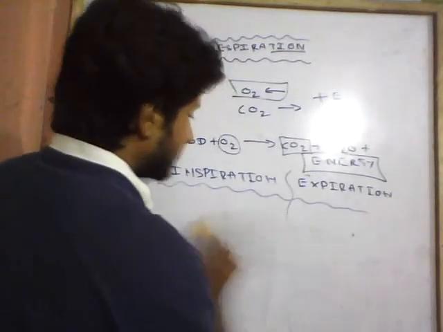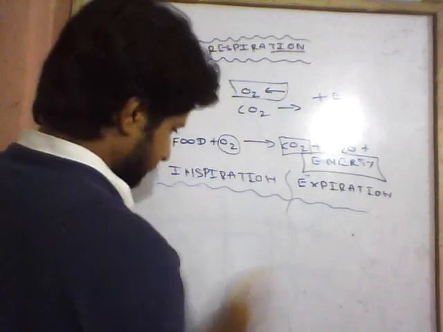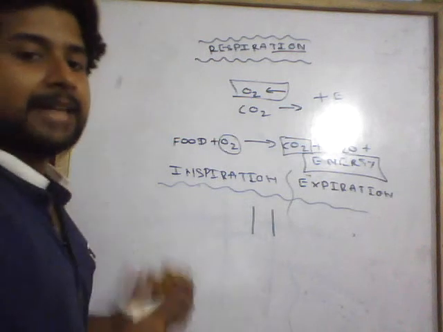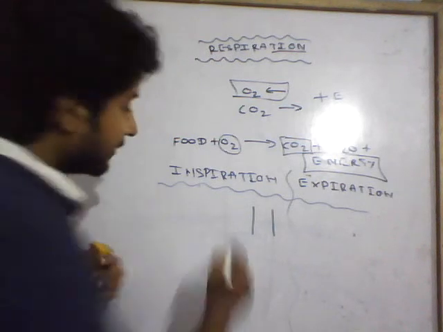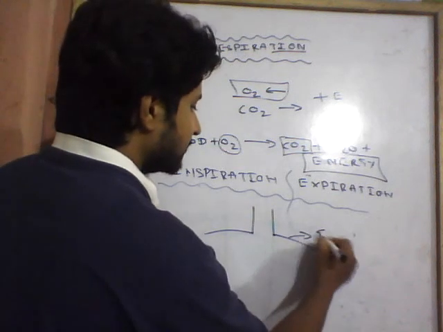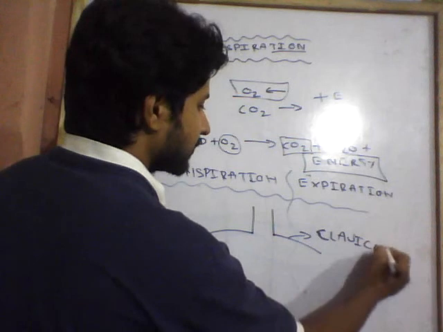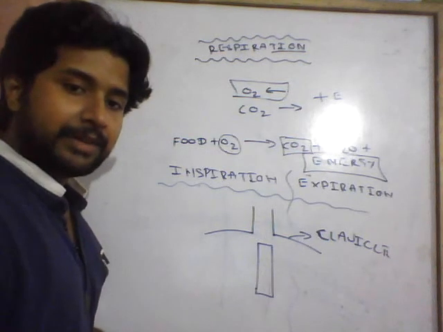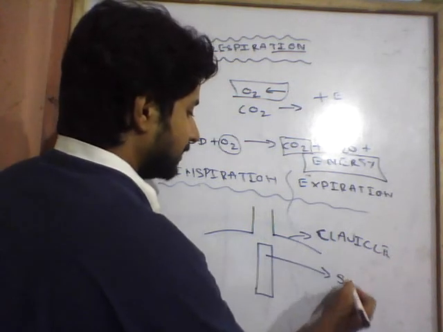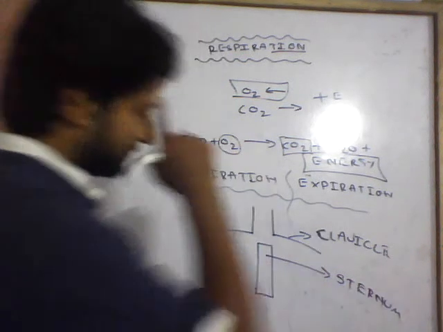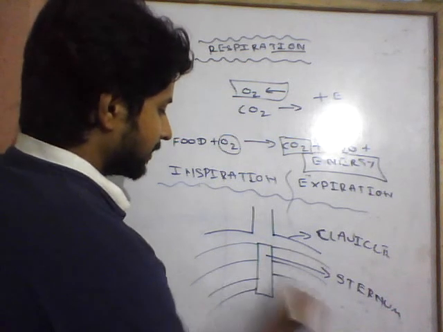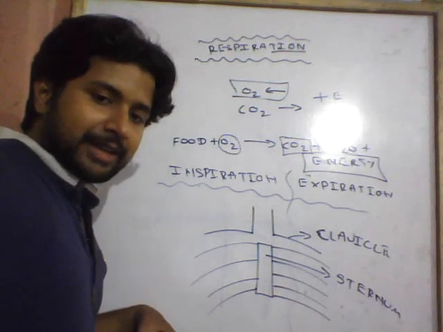So I'm going to draw the whole chest cavity, how it actually looks. It's a structure of the neck. Here we have the neck, and just beneath the neck at the lateral side, we have a bone that we call the clavicle. And at the anterior-most region, we have a strong bone, and this bone is called the sternum. Okay. And ribs rise from this sternum and join the backmost region, I would say the dorsal